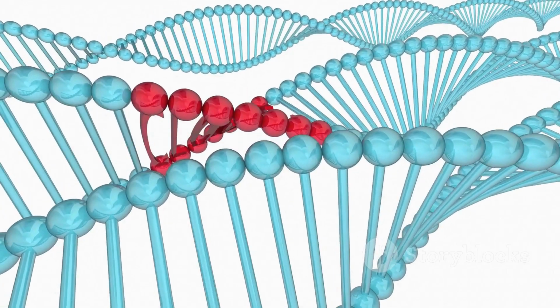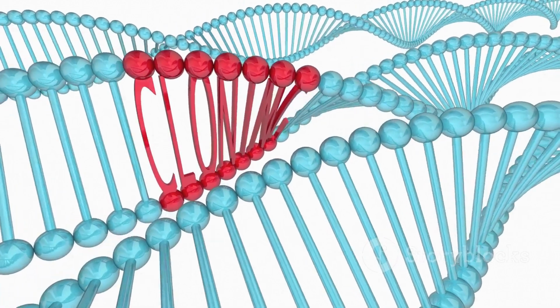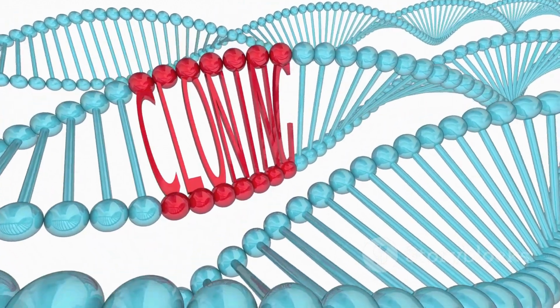A polypyrimidine tract, a region rich in uracil and cytosine, located between the branch point and the 3'